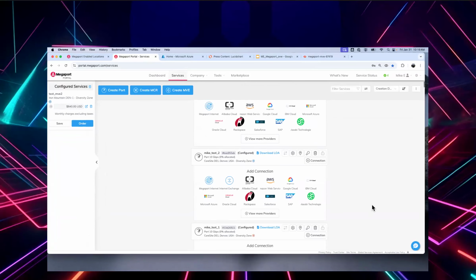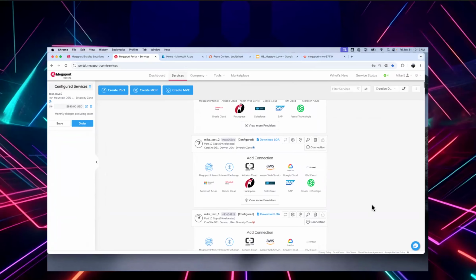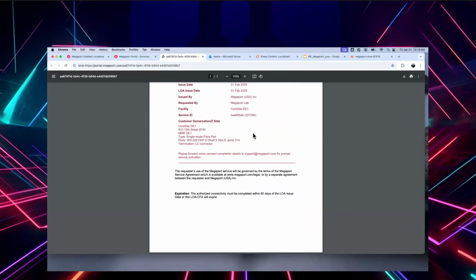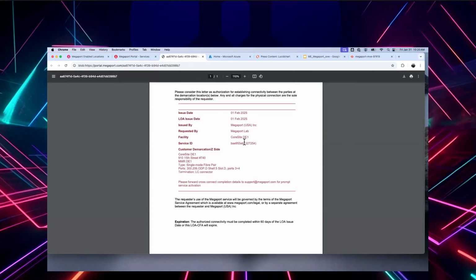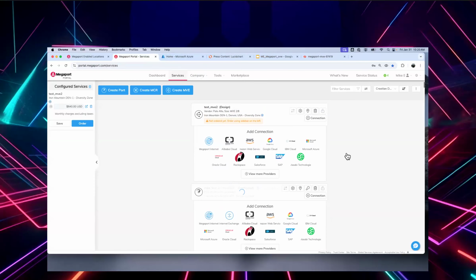And I want to point something out, how quickly something occurred. So I ordered that port in CoreSite, and it allowed me to download an LOA immediately. And with that, a process that used to take days or weeks is done within minutes. So I can turn around and give this LOA to CoreSite. They establish that cross connect. Once it's run to my cage or to my last mile circuit, go into my prem, that port is up and working. So it works really, really well, right?